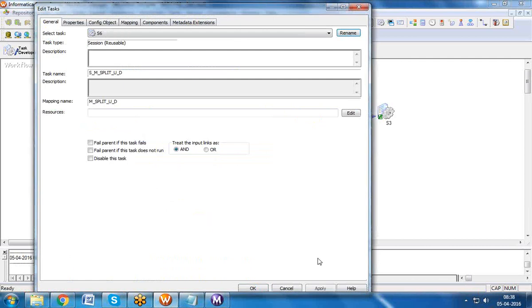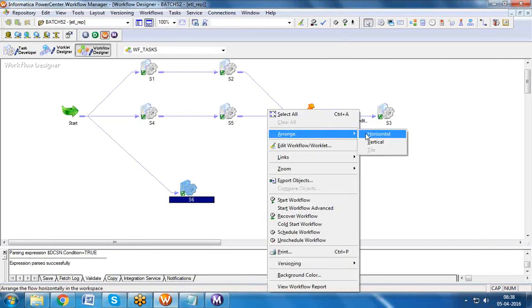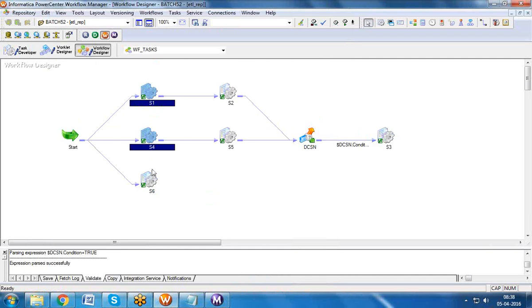How are sessions executed? These three sessions will trigger in parallel. What happens next? After completion of this, this will trigger, and after completion of this, this will trigger, and after both sessions got successfully completed, then this will trigger, right?